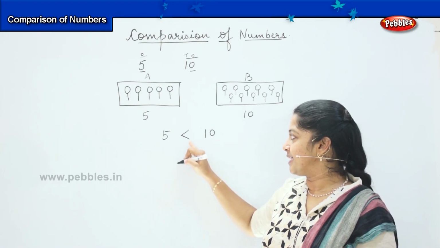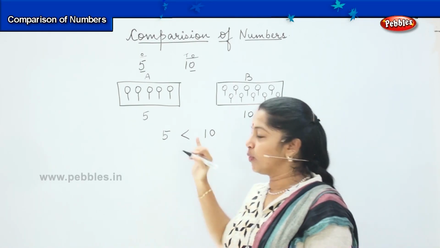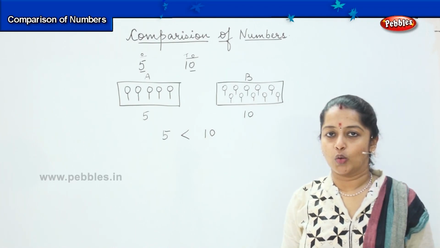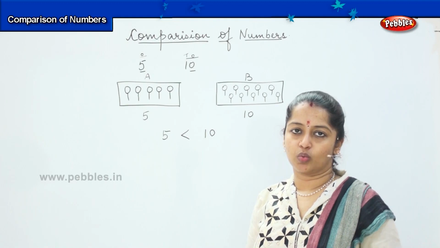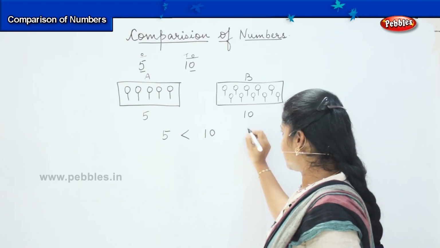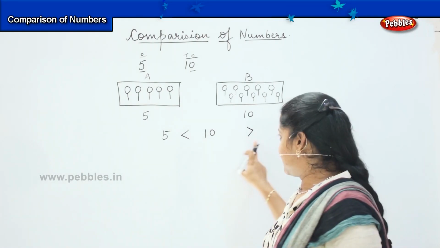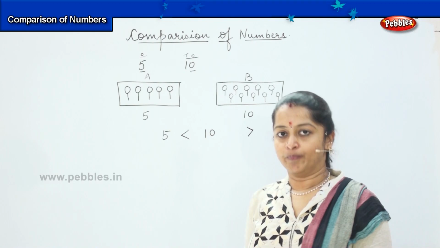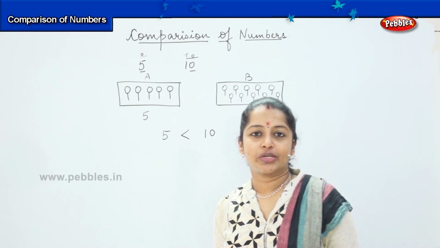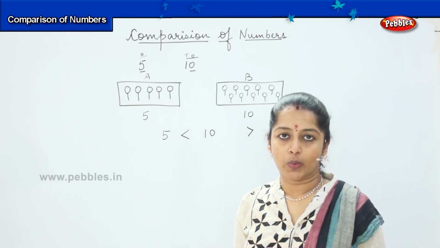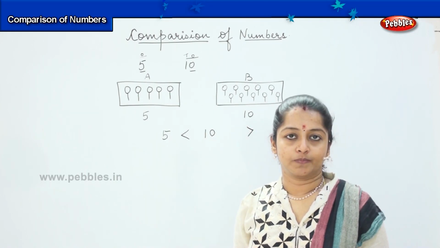Yes. Have you seen this symbol before? Have you learnt it before? It is called the crocodile's mouth. Very funny to hear, right? Have you seen a crocodile? How does it open its mouth? It keeps its mouth wide open. This is the way it opens its mouth. So we learn the symbols of greater than and less than using the crocodile's mouth. A crocodile generally eats whatever comes in its way, so similarly, this symbol will eat the bigger number.